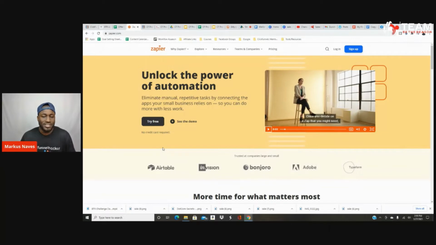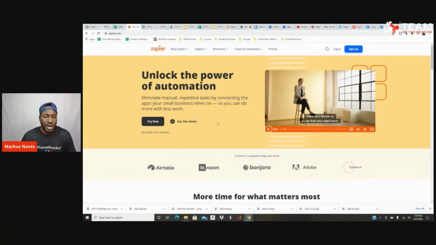I'm going to teach you how to do two different workflows today. Zapier is a free tool that I highly recommend you start using. They do have paid options, but what I'm going to teach you today, you don't have to pay for at all. I've never had to pay for Zapier, so it's a great way to connect all of your workflows and send yourself emails letting you know that you have new leads or new purchases or people opting